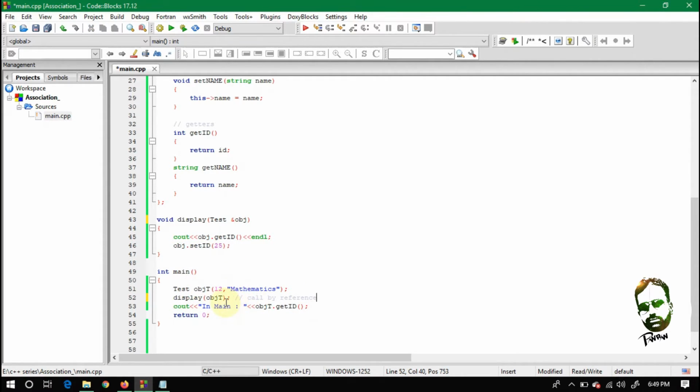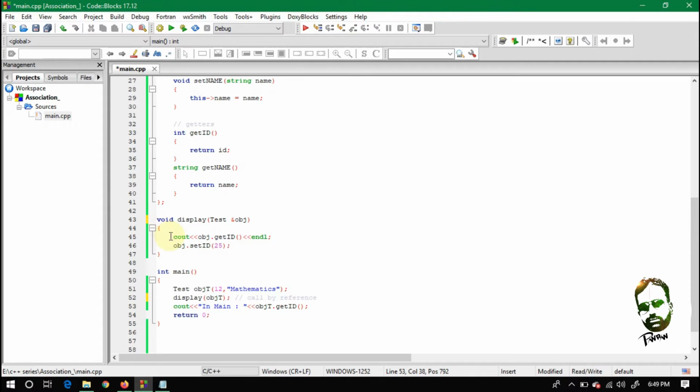So let's run this code again and see what will happen at line number 53. So according to me, there should be 12 displayed at line number 45, and there should be the value 25 at 53.